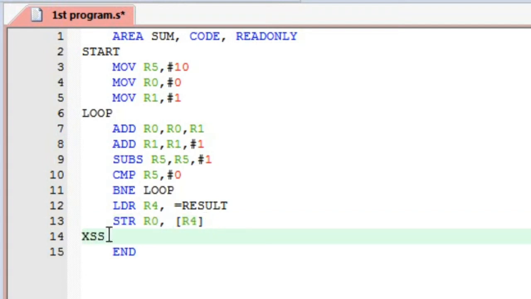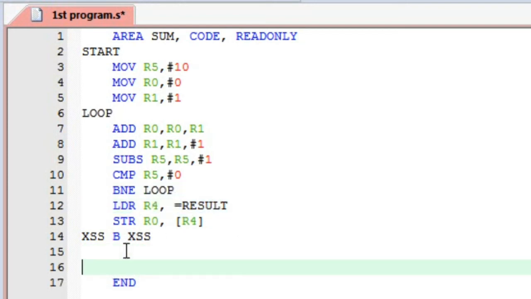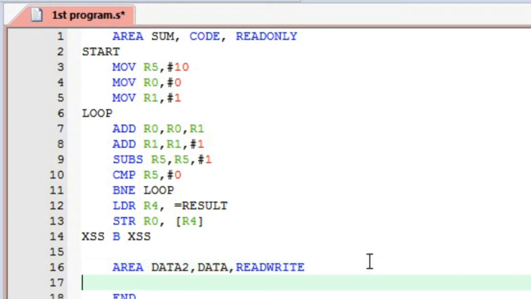After writing that we have to write this code: XSS B, XSS. After that we are defining what is result. See, we had used result here, right? For result also we'll be writing a small code which is AREA, just like the earlier area, and you can use any name. I am using data2, comma, DATA, comma, READWRITE, for writing the result in the memory.